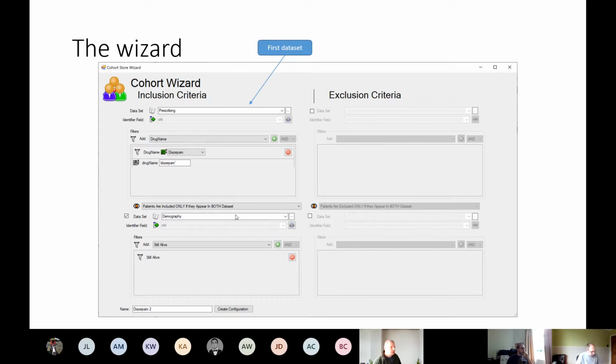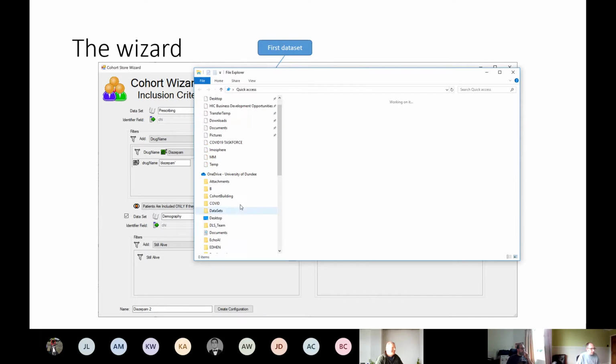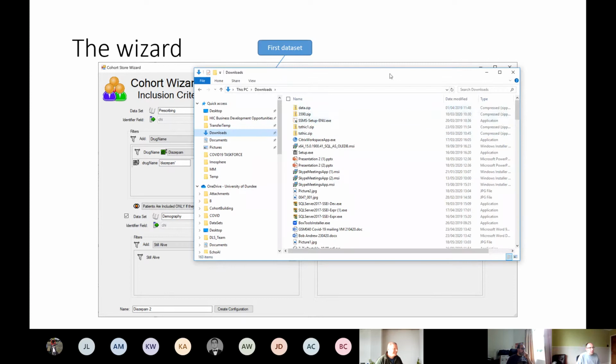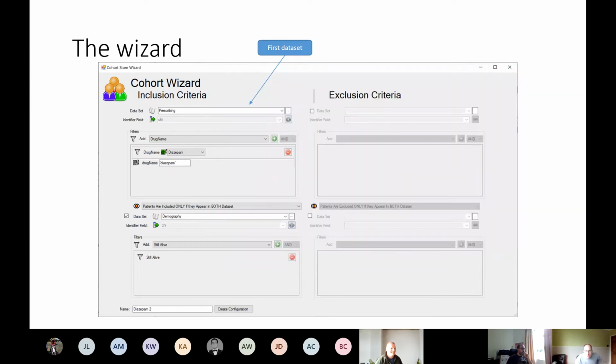Don't you just love it when you download something in Teams and it doesn't tell you where it goes? I presume it goes to my downloads folder, which is full of junk. Right, let's try that again. Actually, what I'll do first is I'll drag this into the Teams environment and upload the new version.